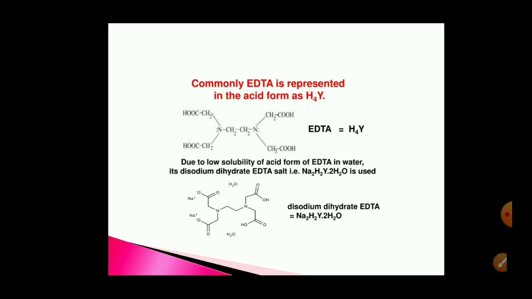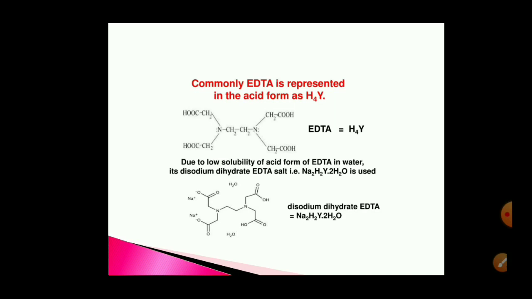Now let us have a look and discussion on EDTA. EDTA, as I told you, is a hexadentate ligand and it has 6 sites present on it, through which it can donate 6 pairs of electrons to the central metal ion. The central metal ion with which it is going to form the complex in this titration is calcium or magnesium. EDTA can also be abbreviated as H4Y. H4 means it has 4 replaceable hydrogens present on it, which come from the 4 acetic acid groups.